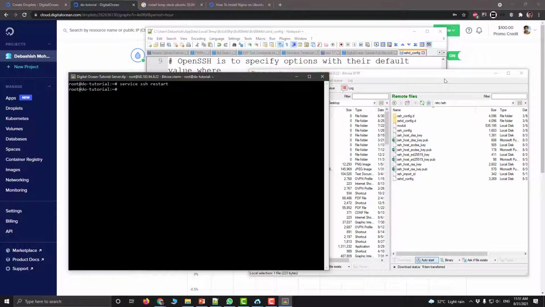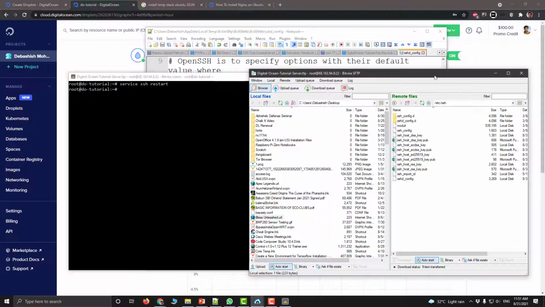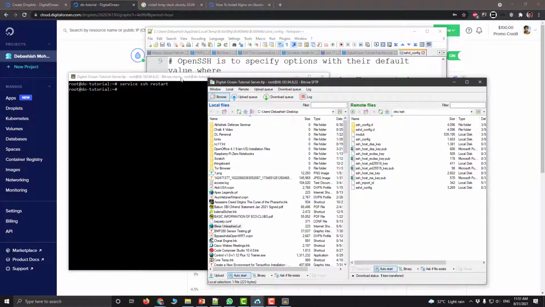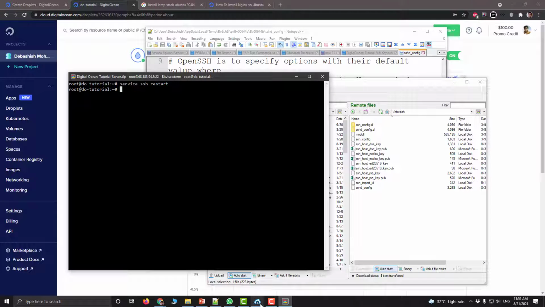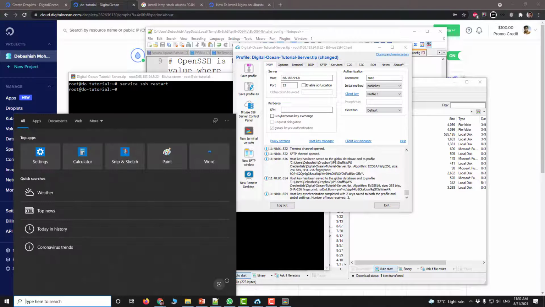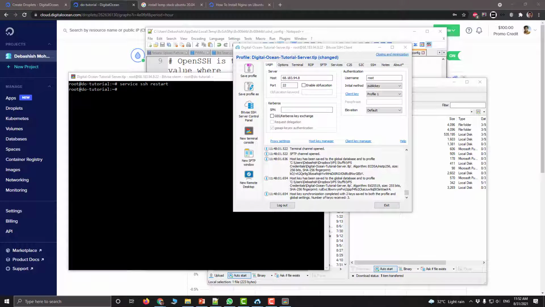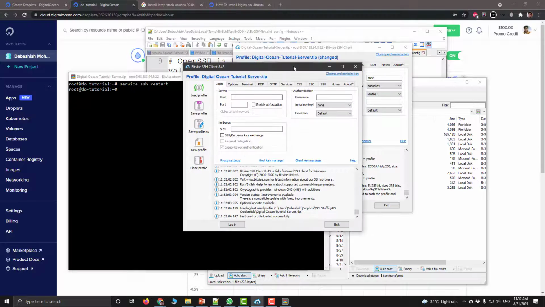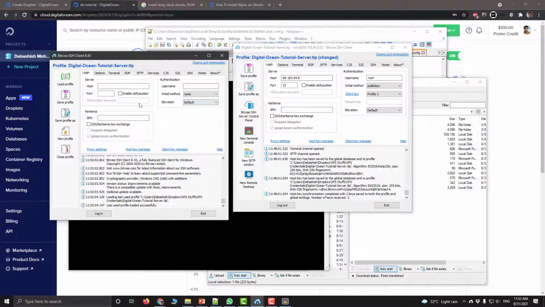However, see, even if I have restarted, it is still connected to the port, and this is a feature of SSH, so that if something goes wrong, then you can still recover. But if I log out and something has gone wrong, then you cannot log in. Therefore, what happens is you can start another SSH client instance and connect to this same one.